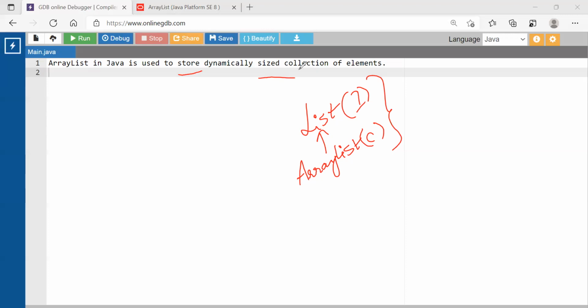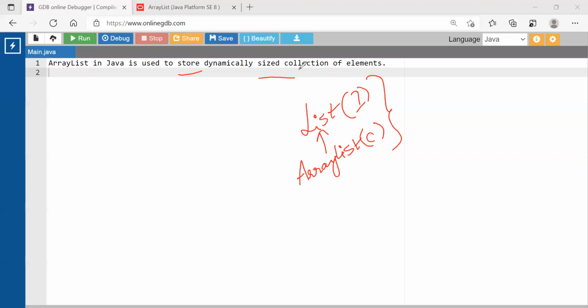Java ArrayList is an ordered collection. It means the insertion order of the elements is preserved. You cannot create an ArrayList of primitive types like int, float and char. You need to use boxed types like Integer, Character, Boolean, and so on. And Java ArrayList is not synchronized. If multiple threads try to modify an ArrayList at the same time, then the final outcome will be non-deterministic. You won't be sure about what the outcome will be. So you must explicitly synchronize access to an ArrayList if multiple threads are going to use it.